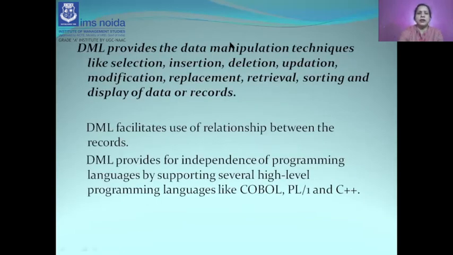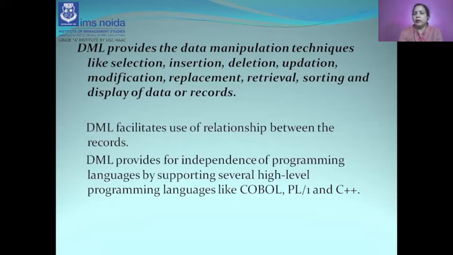data. So DML provides the data manipulation techniques like selection, insertion, deletion, updation, modification, replacement, retrieval, sorting, and display of data or records. Here the main focus is on data manipulation, whereas in DDL the main focus was on data definition, how to define the logical structure.